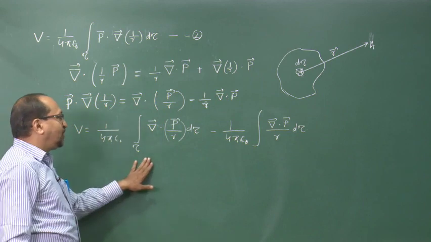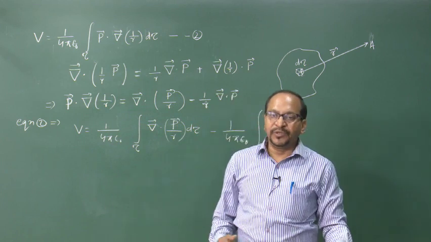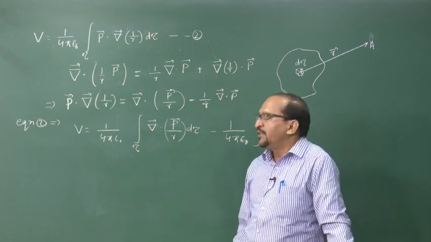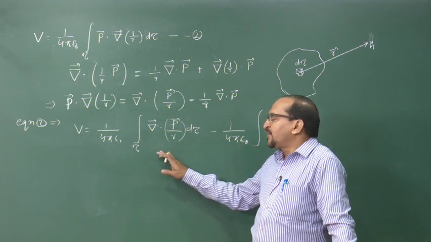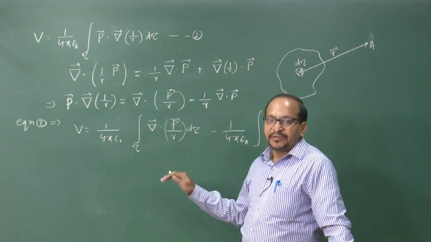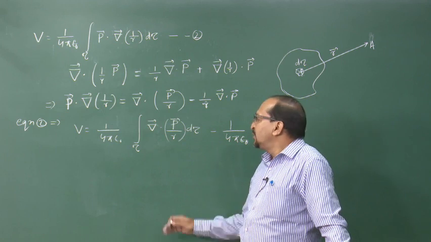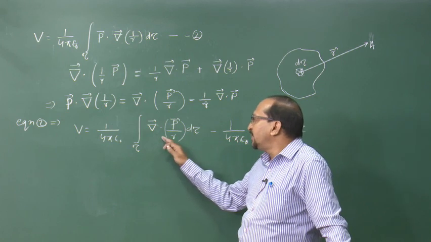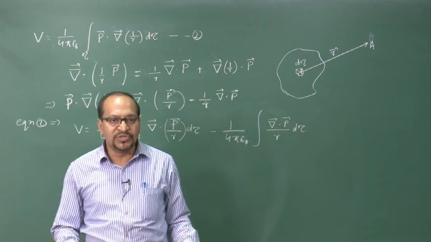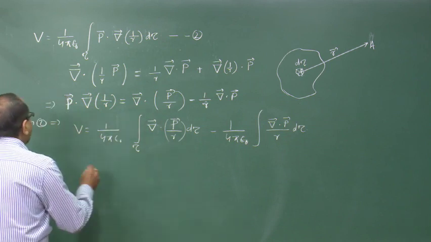This is now a volume integral, and we will use a theorem in vector algebra called Gauss divergence theorem. According to Gauss divergence theorem, the surface integral of a vector is equal to the divergence of its volume integral. So, we will convert this volume integral to a surface integral. Of course, this surface is a closed surface that encloses this volume tau. Now, using Gauss divergence theorem,